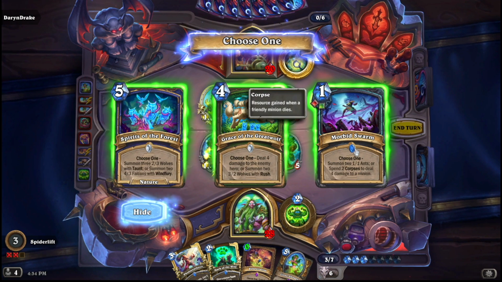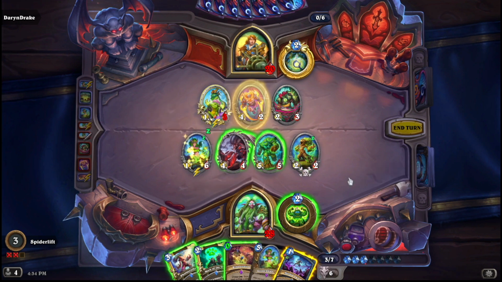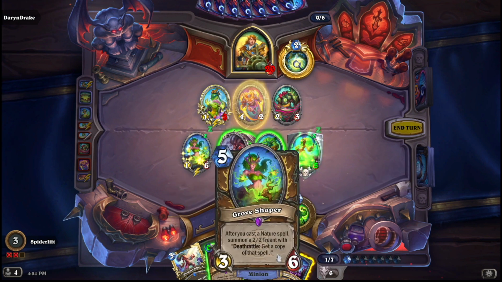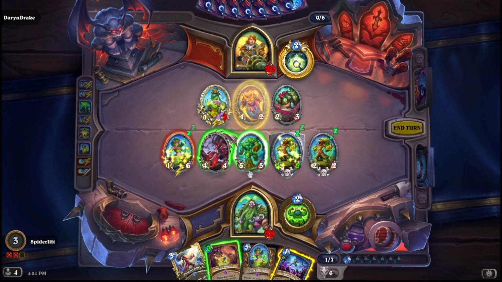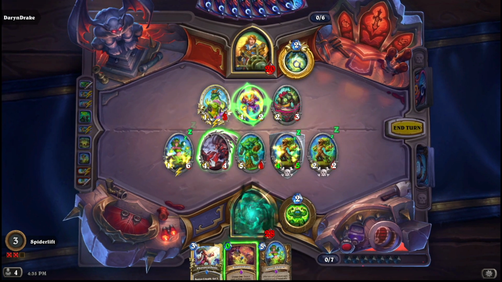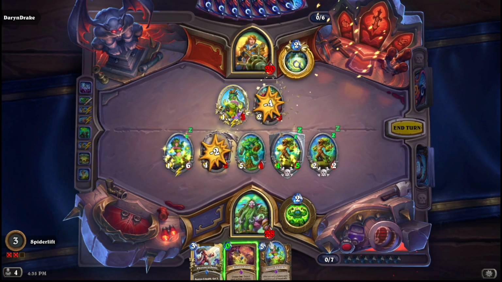I am going to use my Groove Shaper here to get an extra card out of my deck, get the extra 2/2 down onto the board. I then also get the Mortal Swarm out as well. I use the Mark of the Wild down onto the 2/2. It just gets the extra value that can come from it, and it gets the extra minion down too. I end up using the 5/5 to trade into the 4/2, and then I send the damage into the